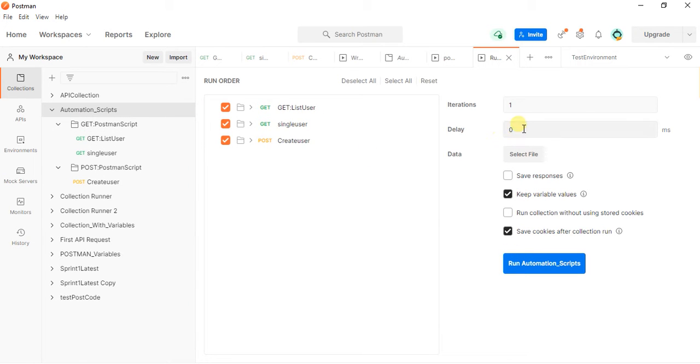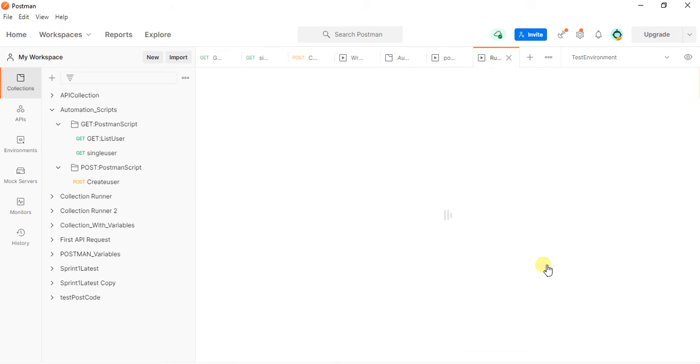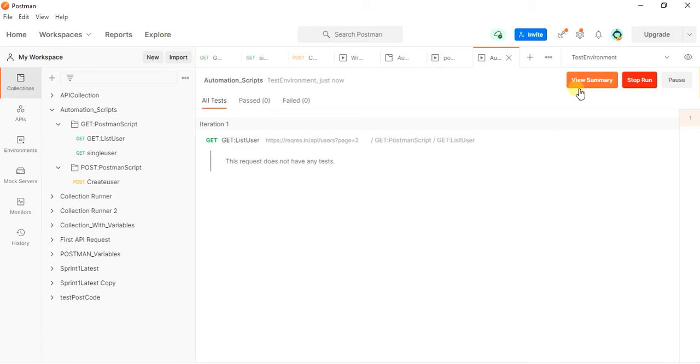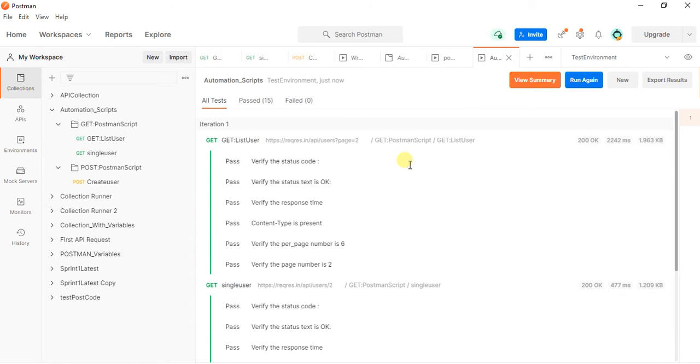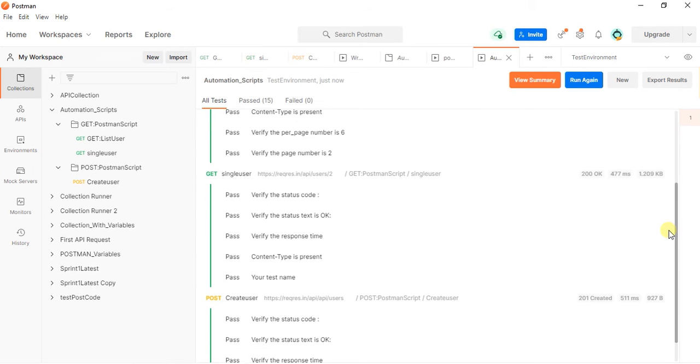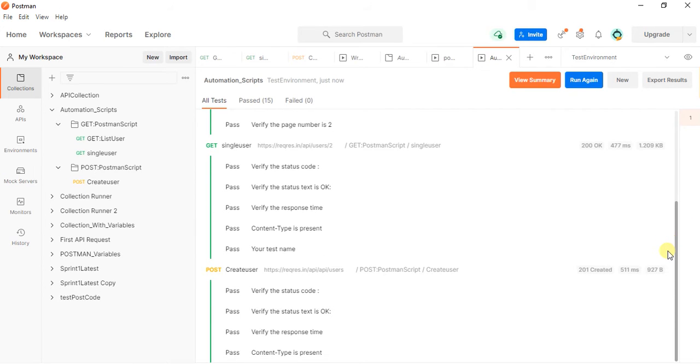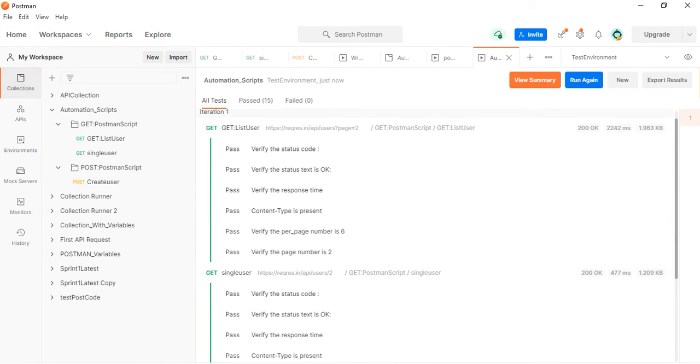So here iteration is one and then automation runs the collection. So here view summary. So this is the normal way to run this collection in the collection runner. So today I'm just going to show you using the HTML extra report.